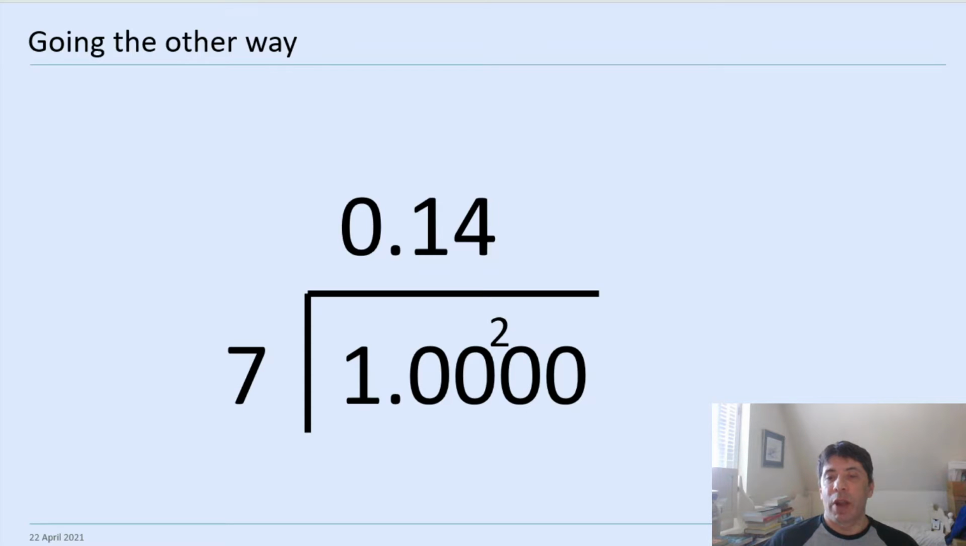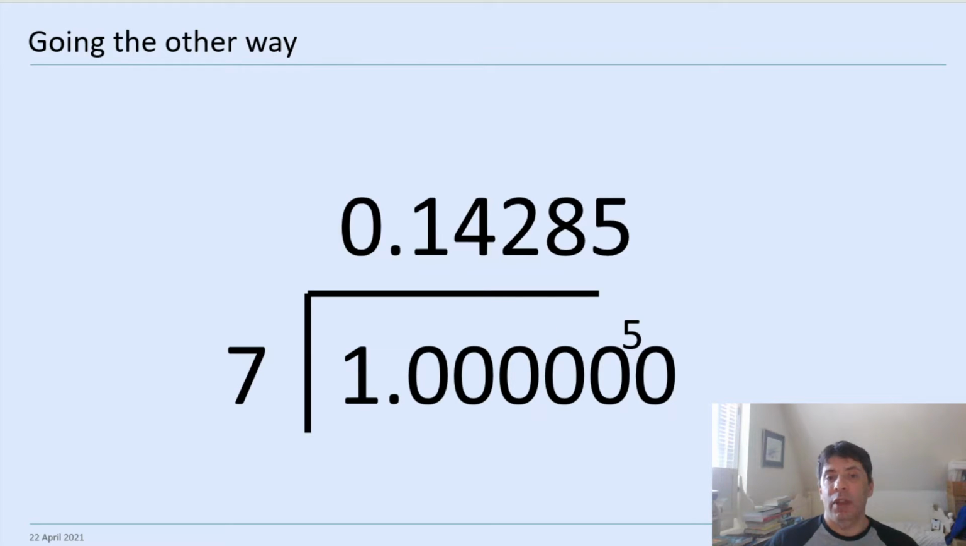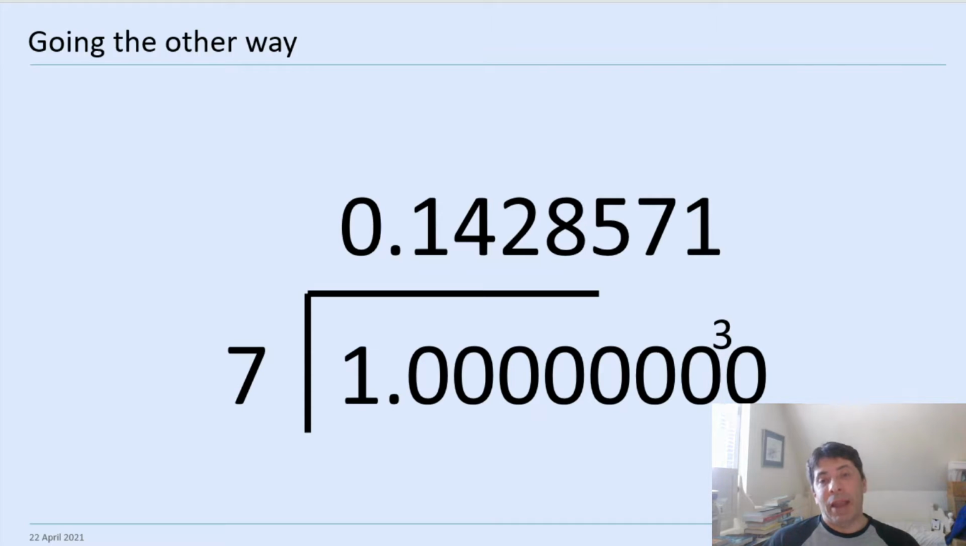Then 7s into 20, 2 7s are 14, carry the 6. 7s into 60, 8 7s are 56, carry the 4. 7s into 40, 5 7s are 35, carry the 5. 7, and then we're back again, so it goes 1 4. So actually what we've got is